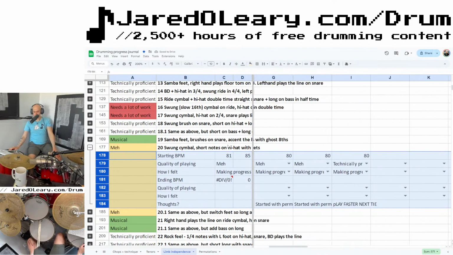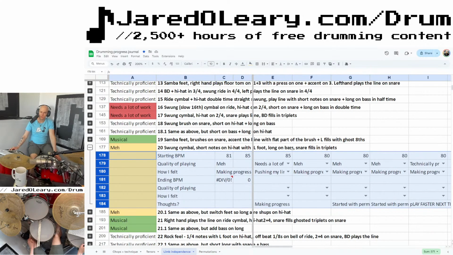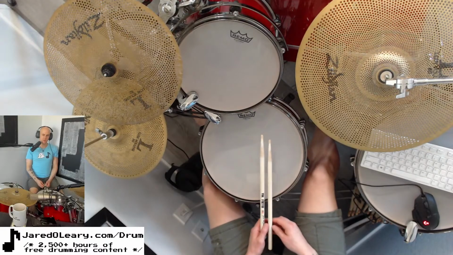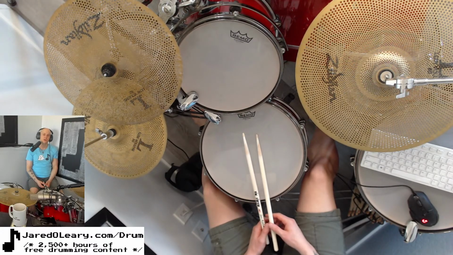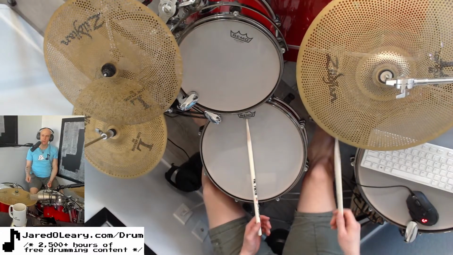Okay, so let's see here. The next pattern we're going to work on is what? So this one is swung cymbal, short notes on the hi-hat with a left foot, long on bass, snare, and triplets. Oof, okay. This one's weird. So ding, ding, ding, ding, ding, ding, ding.